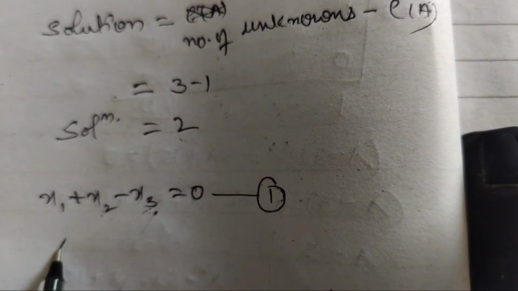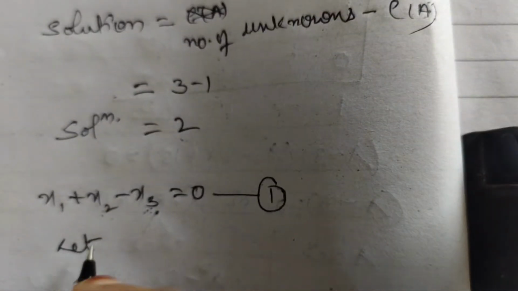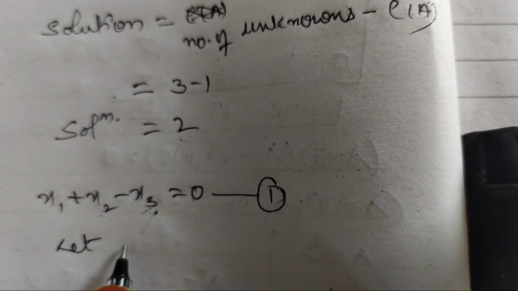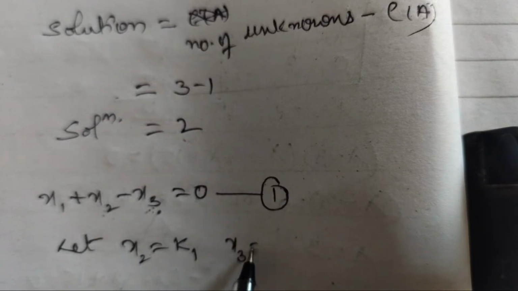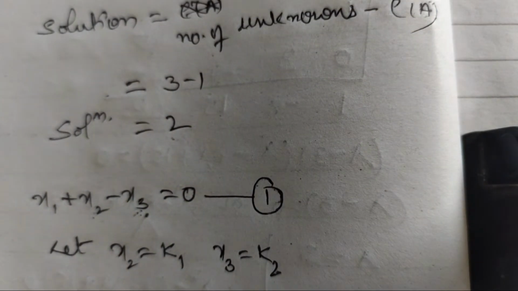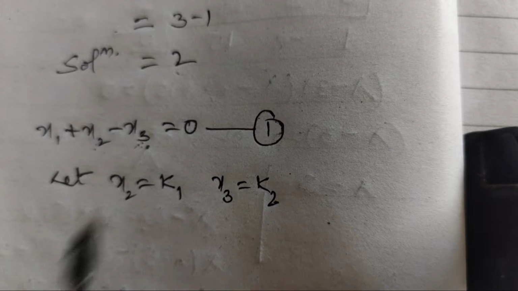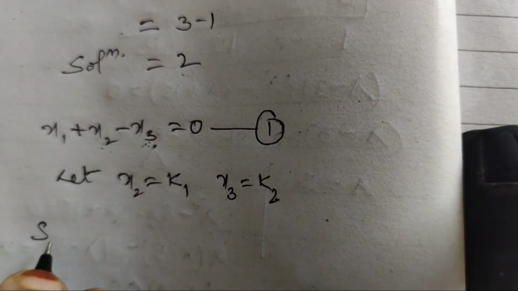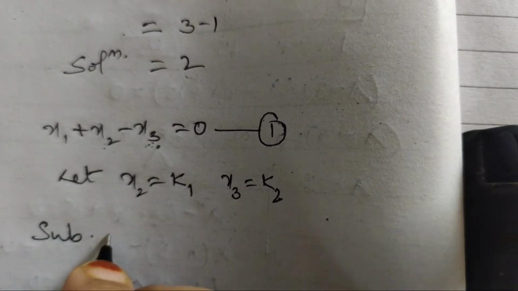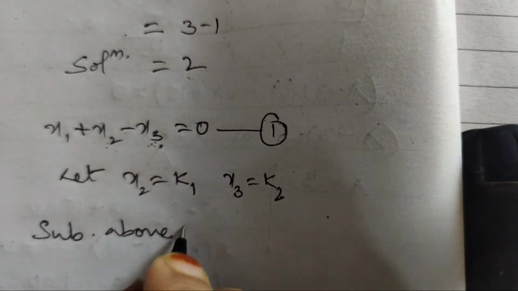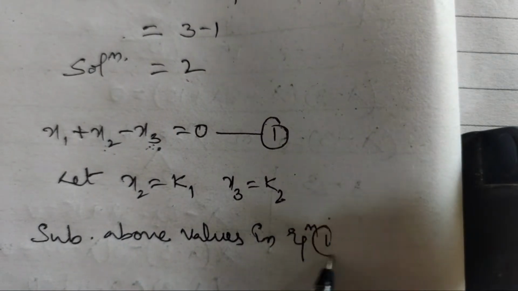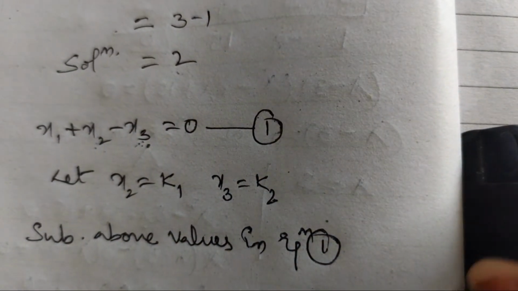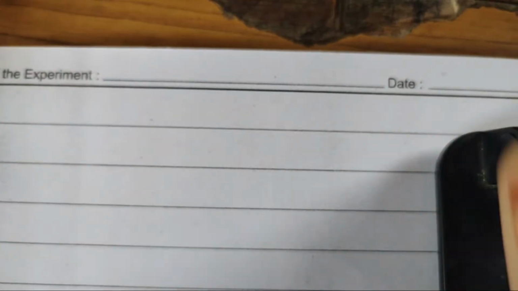So I will let x2 be equal to k1 and x3 be equal to k2. We will substitute the above values into equation number 1. So what you are going to get when you substitute into equation number 1, we are going to obtain